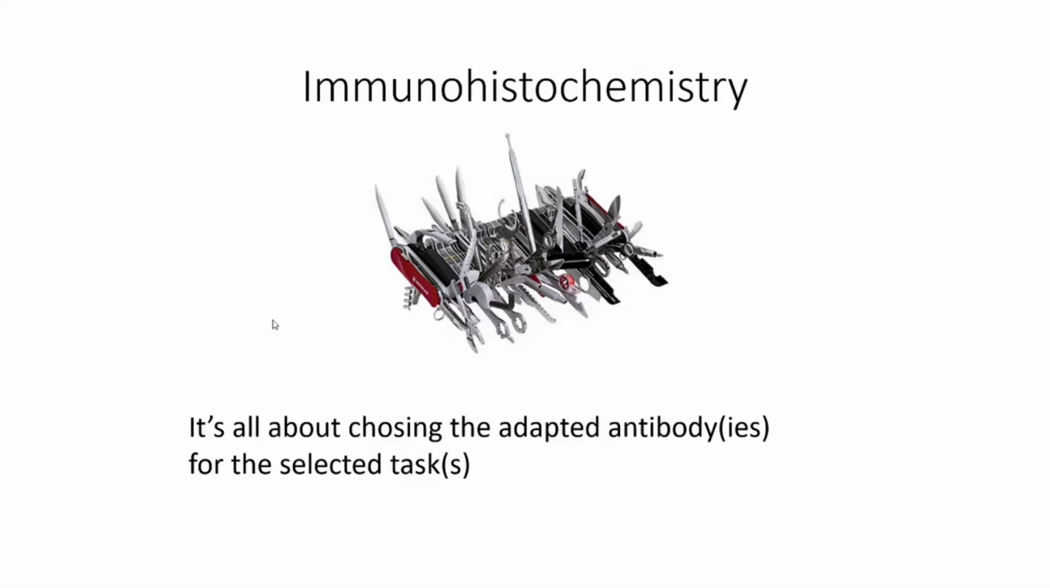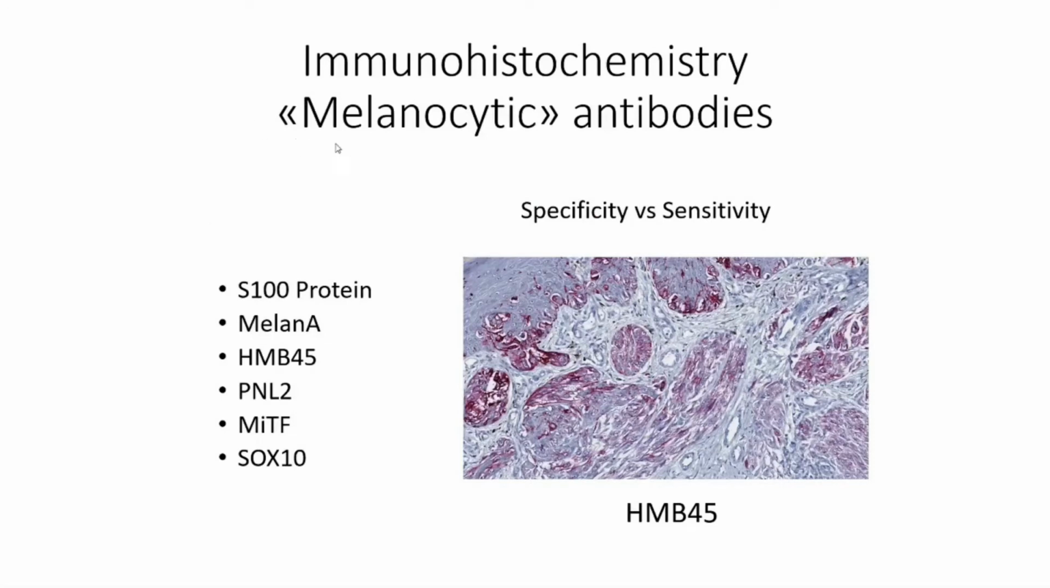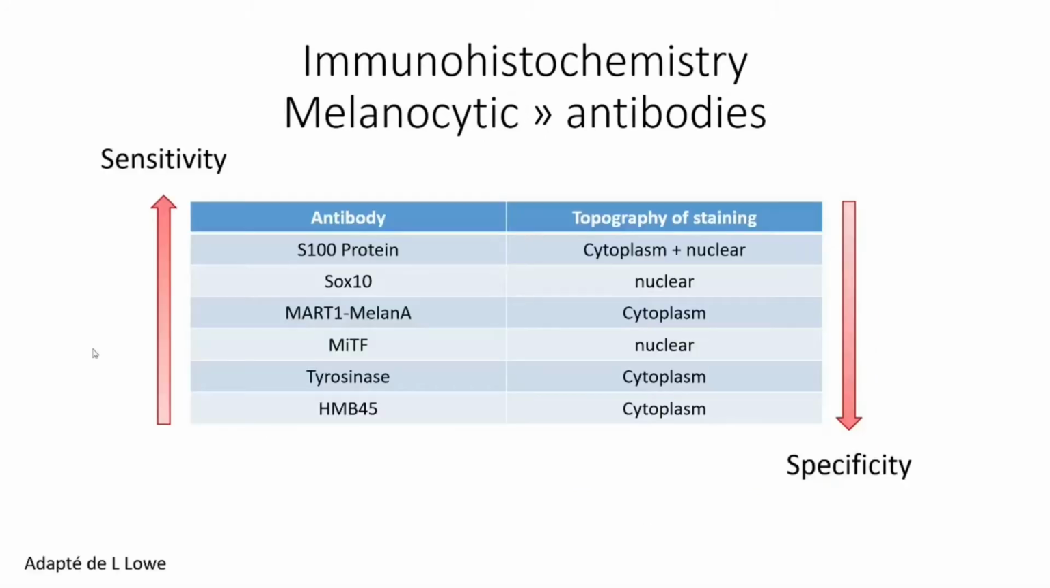your selected task. Among the different types of antibodies, we have melanocytic antibodies that recognize the melanocytes with some variety in the specificity and sensitivity. Here's a list of the most commonly used antibodies, and here an example of HMB45 showing the dendritic melanocytes here in the epidermis. And here, adapted from my friend Laurie Lowe, the variation in sensitivity. As we see, S100 protein is the most sensitive antibody to recognize melanocytes, and HMB45 is going to be the